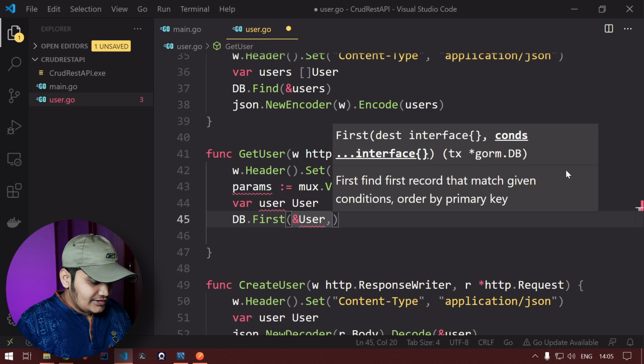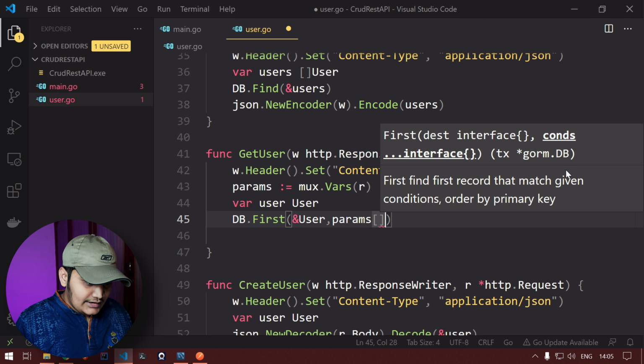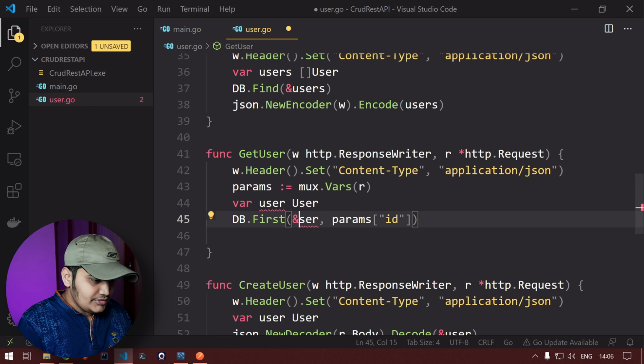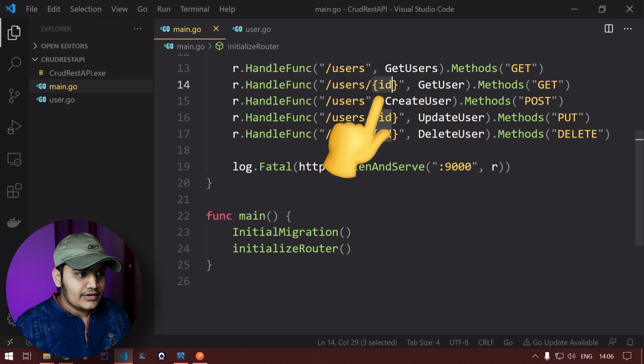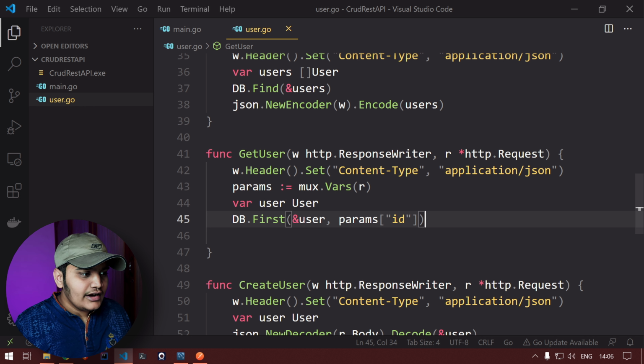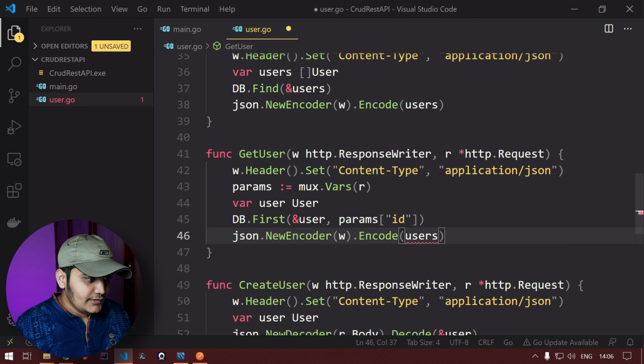So we'll say params, and inside params we need the ID. Here it should be a small u. Once we get the data based on the ID, that particular user will be stored, and we can again use the new encoder to pass the data back, and here we'll pass the user.